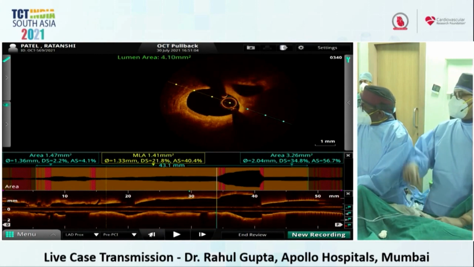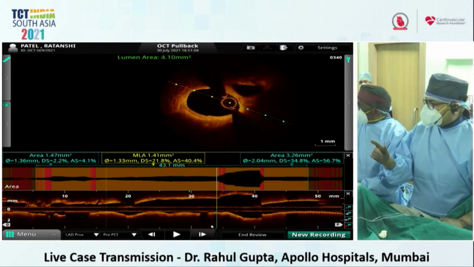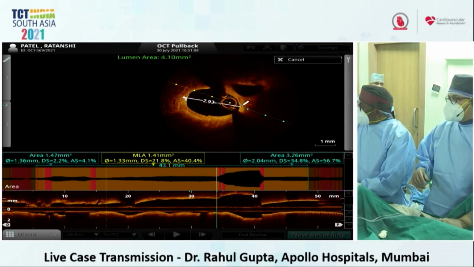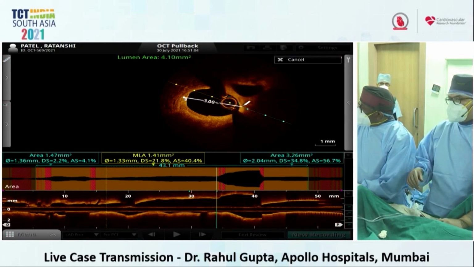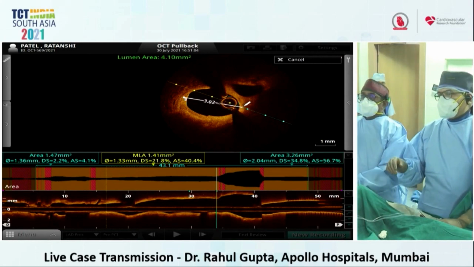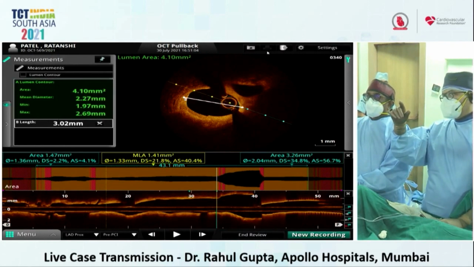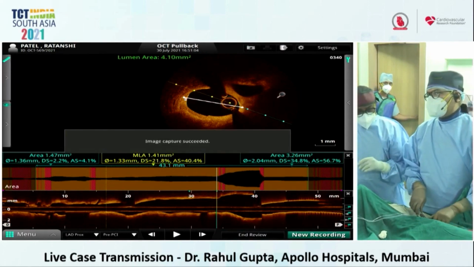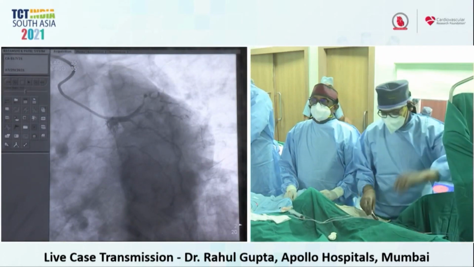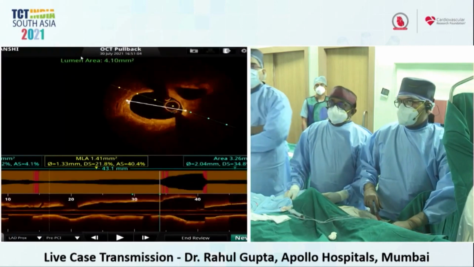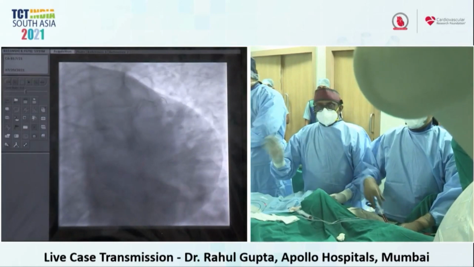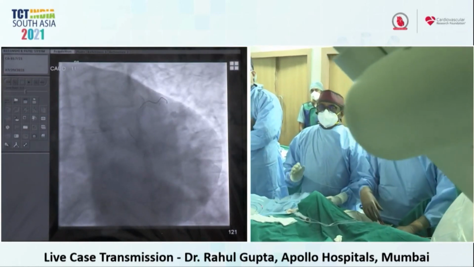Can you go to the diameter? One of the spider views where we had a very tight looking diagonal. What's the diameter? 3.1. Yes, this one. Stop it. Can you go to the fluoro? I think we'll take a picture right now in this view. Can we go to the spider? We'll take a picture because in the spider view, the diagonal looked pretty tight. But now, after opening the LAD, we'll see that picture and decide whether we need to do something about it. Off the spine, please. LAO2, and move this camera back a little.